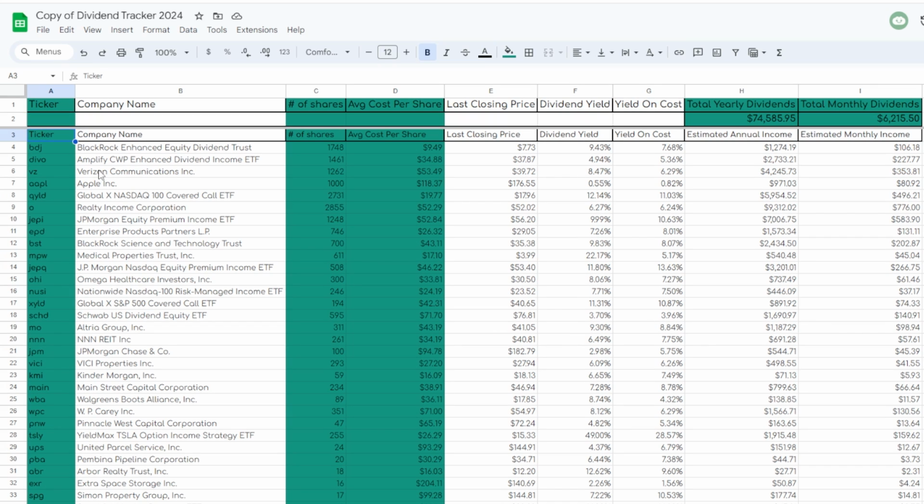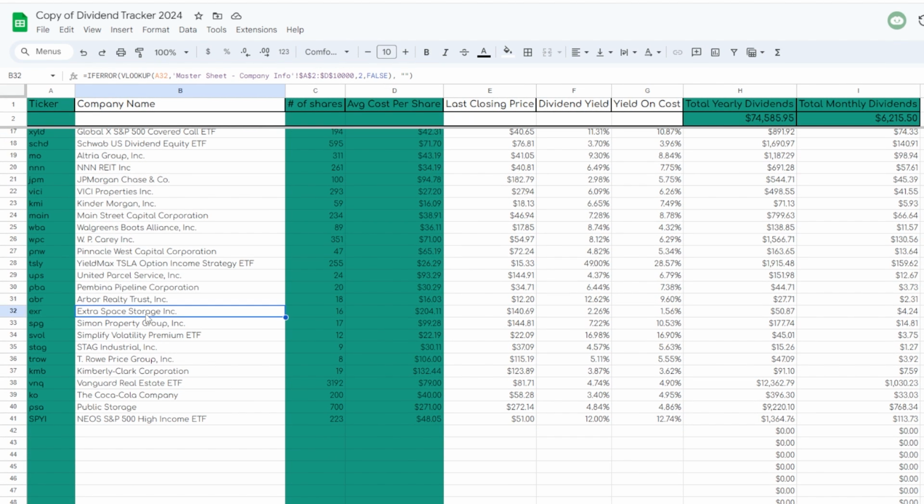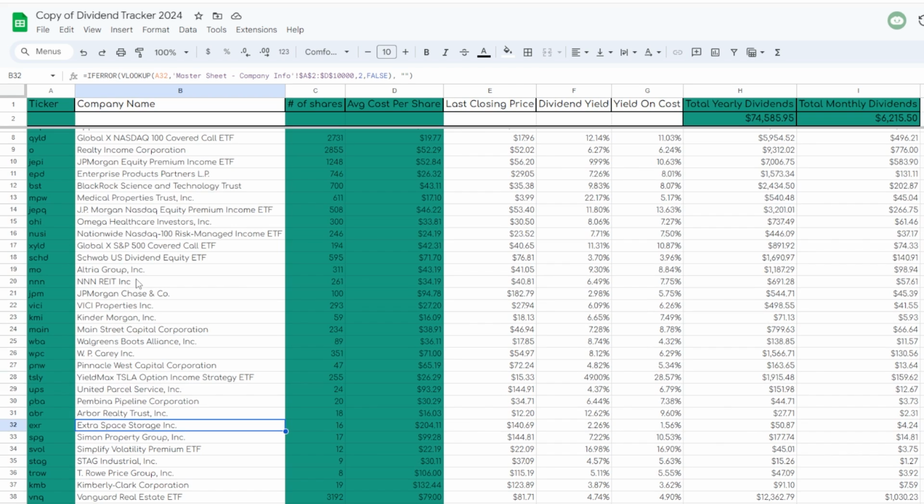The perfect dividend portfolio does exist and isn't as complicated as some investors might make it. What I mean by this is that the perfect dividend portfolio is a portfolio made up of different dividend-paying stocks and/or ETFs that match the strategy that you are specifically looking to achieve as a dividend investor. And what I've realized over time is that some dividend investors are not buying the right stocks or ETFs that